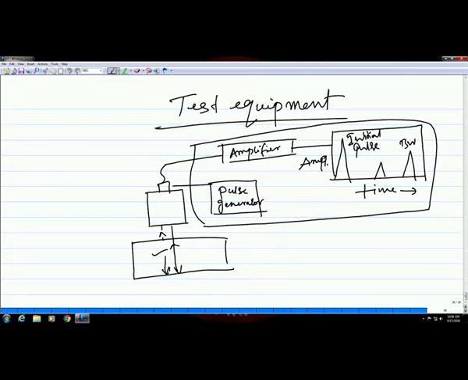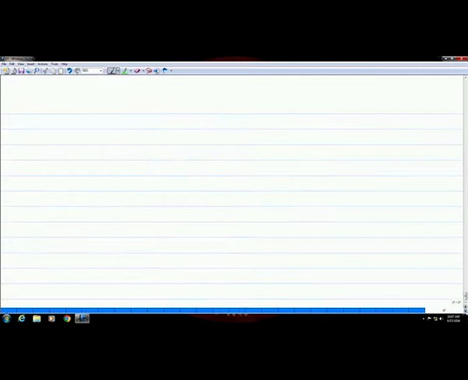We first discussed about the basic principle. We have learned about that, and then we saw the different kinds of ultrasonic probes. And then in the last class, we saw the different parts of the test equipment which is used for doing ultrasonic testing. Okay. So, we will continue on this and we will see the other aspects of this particular technique. So, in terms of the incident angle,